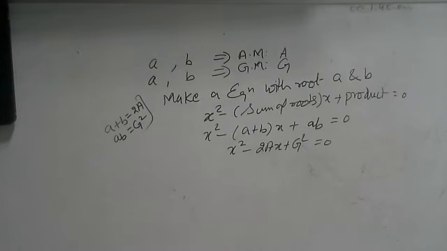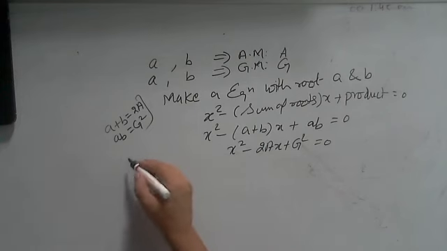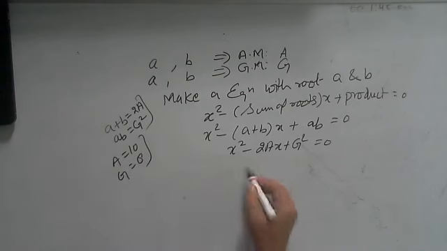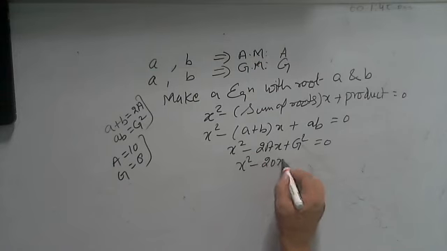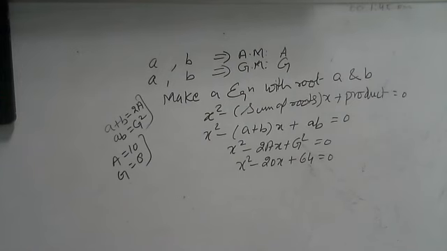So if two things are given to you, A as arithmetic mean and G as geometric mean, and you have to find these two numbers, they will be roots of this equation. Now the example which I have just told you, what was given to you? Arithmetic mean was 10 and geometric mean was 8. Let us put here x square minus 10 into 2, 20x, plus 8 square, 64, is equal to 0. So the numbers will be the roots of this equation.